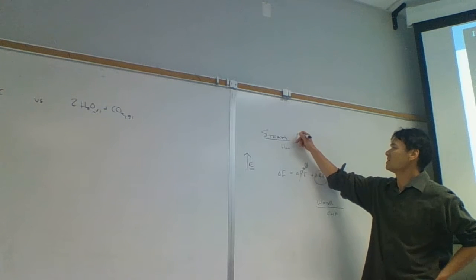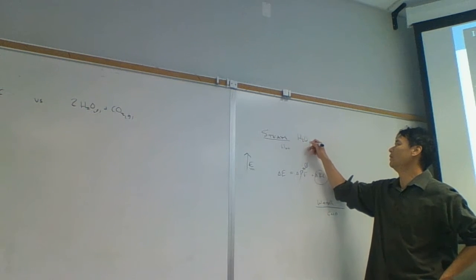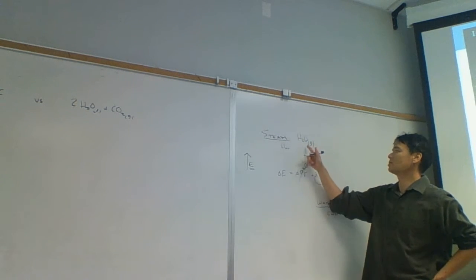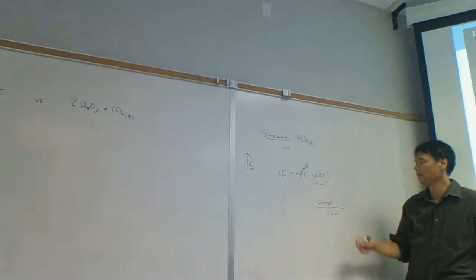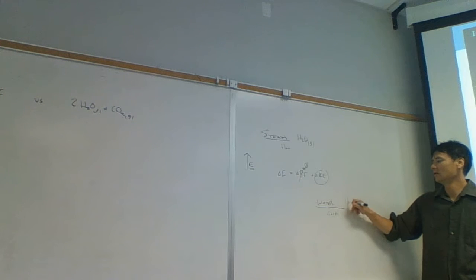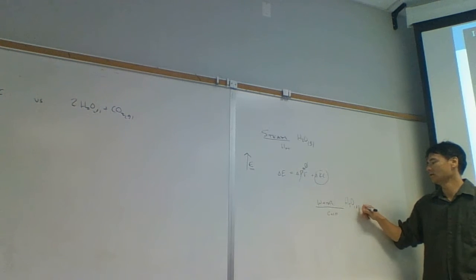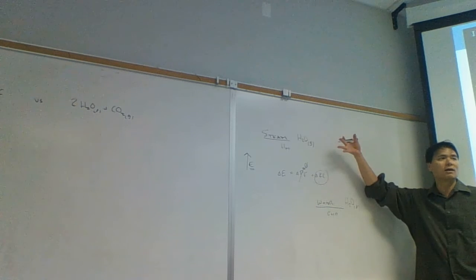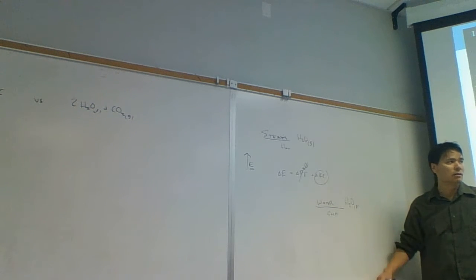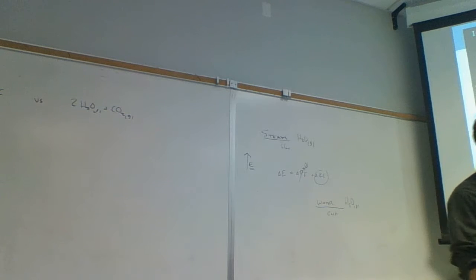And so when we're looking at steam, H2O is going to be in the gaseous state. So what we do is we put a little parenthesis subscript G here. And water is going to be in the liquid state, H2O liquid. And so we know H2O liquid versus H2O gas. Well, H2O gas is going to have a higher energy because what do we have to do to get H2O liquid to go to H2O gas? What was that again? We have to break apart the